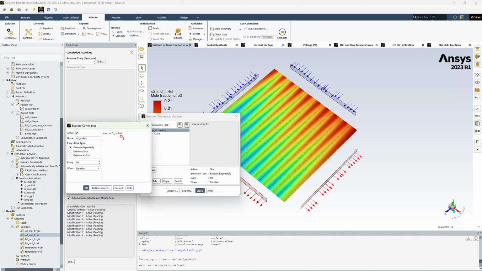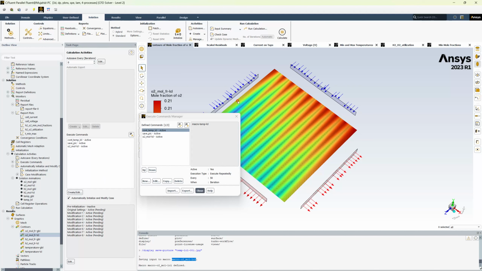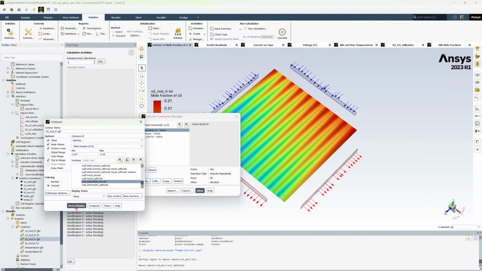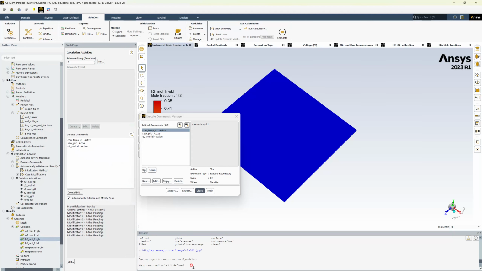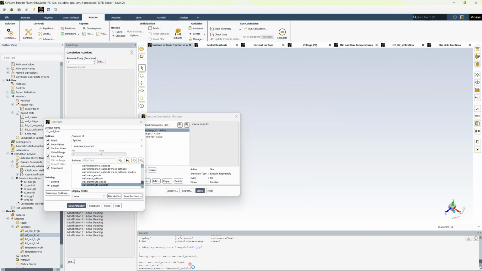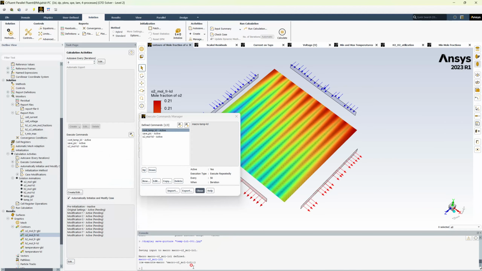macro o2 mol local. Okay, to check if the macro is working properly, we will display any other thing, and now again give the command macro o2 mol local. You see the macro is working perfectly, so it will work in this also,